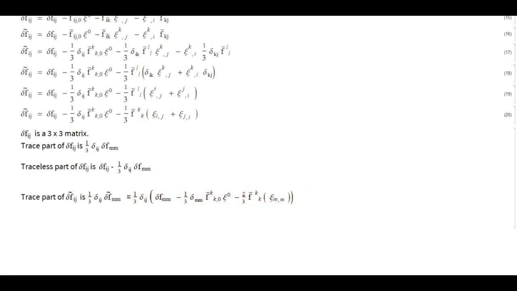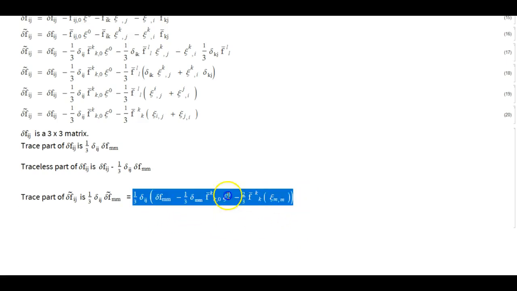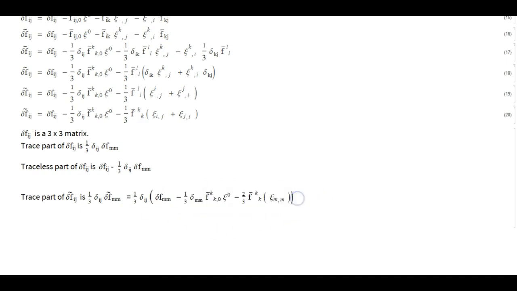Okay, so we have, what is delta mm that we can further simplify? I can further simplify this. Delta mm is delta 1 1 plus delta 2 2 plus delta 3 3, which is 3. So this becomes this. Okay, so this is the trace part of